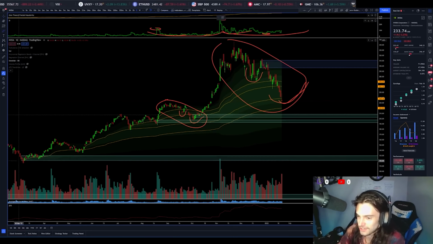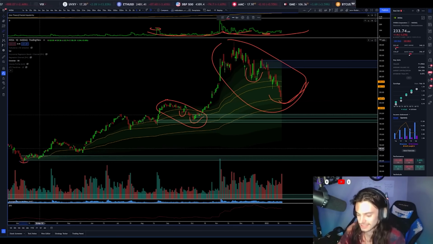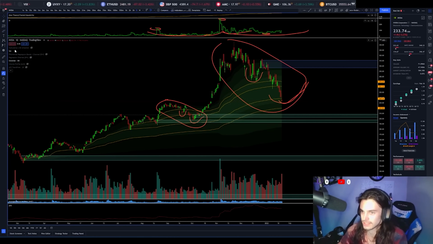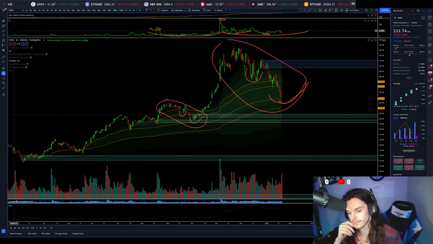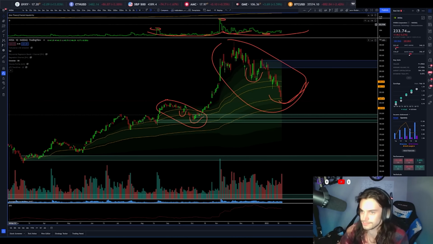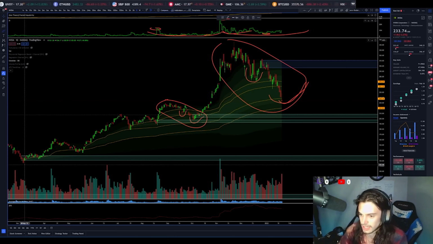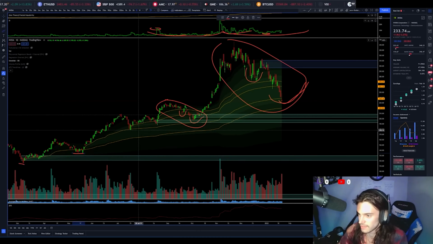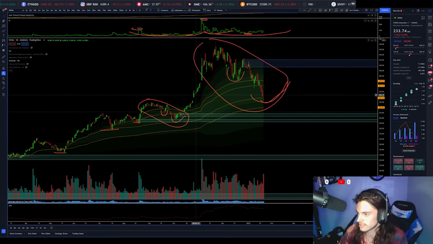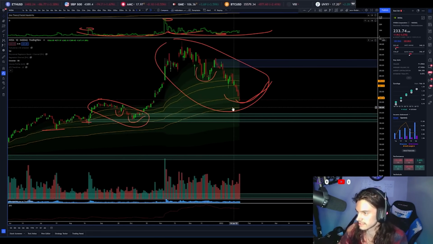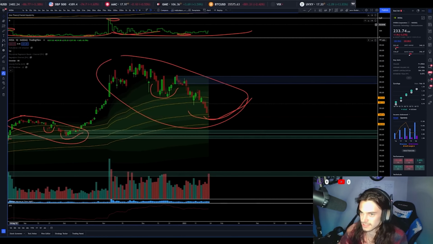Oh, do you ever use anchored VWAP? No. You should. So here's what's funny. This is how you can start to see footprints of institutions. So I put an anchored VWAP at each of these bounces, right? And you can see them go into the present. Look at where all these supports and resistances took place.